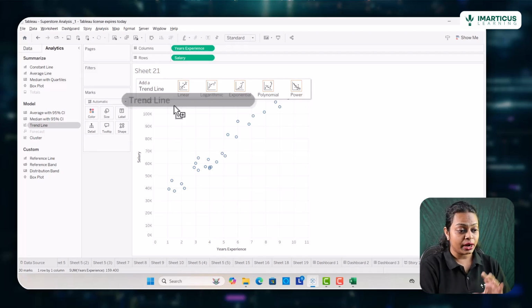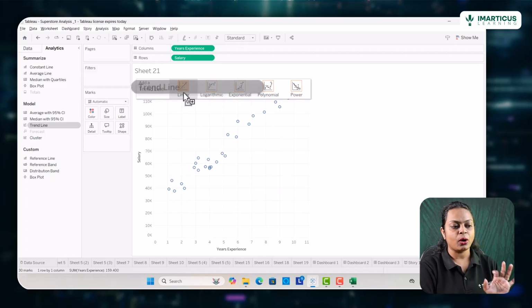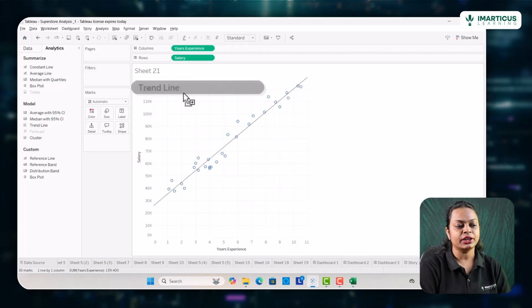Can you see? There are multiple options related to regression that it supports. Linear regression, logarithmic, exponential, polynomial regression, and also the power regression. For now, I'm going to drop this onto the linear regression, because I assume that linear regression will work better onto this data because the relationship was linear. And there you go. You have performed linear regression and you have got a best fit line fitting into these